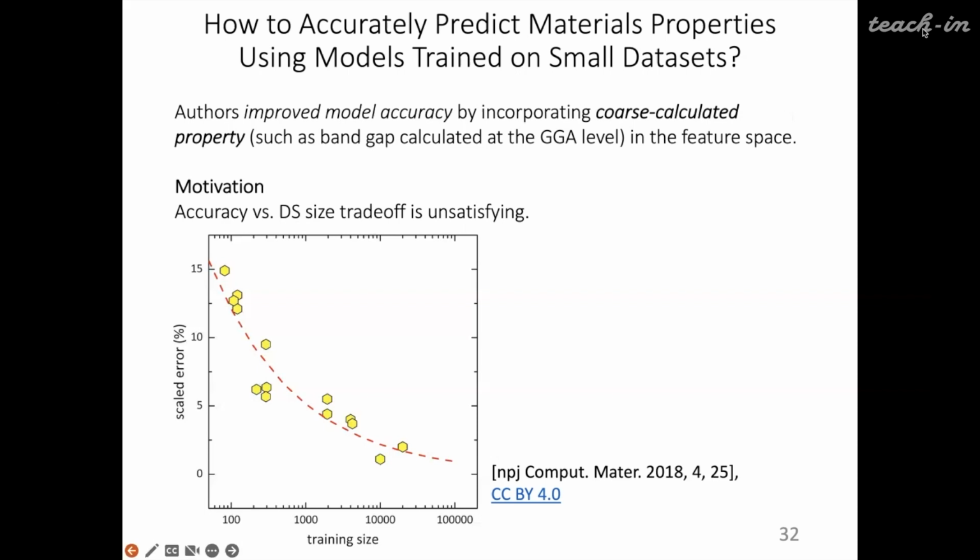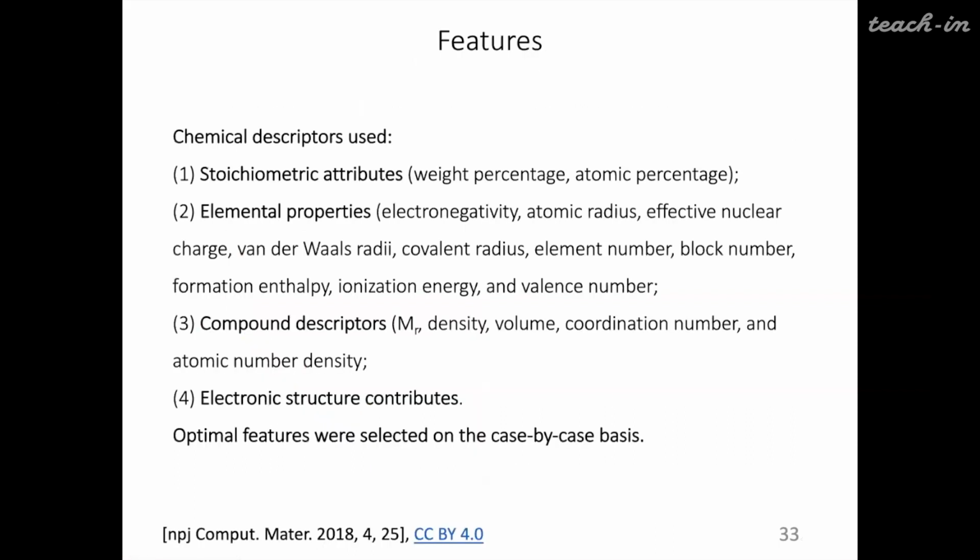For example, they used low-level quantum chemical methods to compute band gaps. And this worked well. But before that, let's mention that they used several simple descriptors